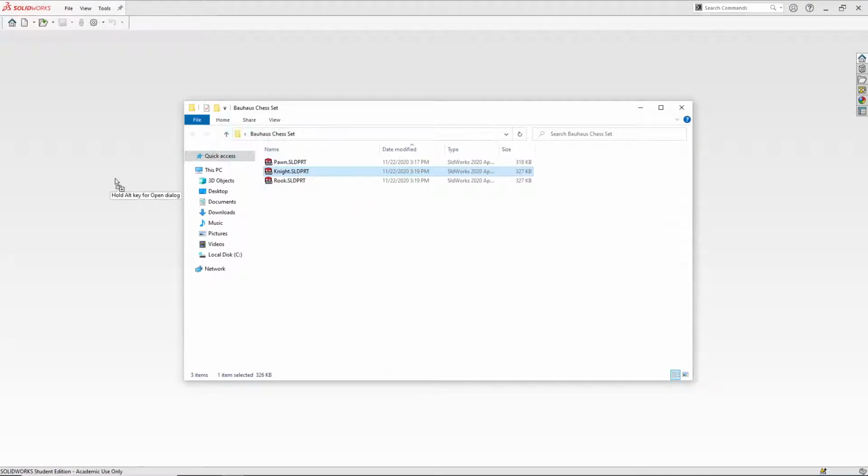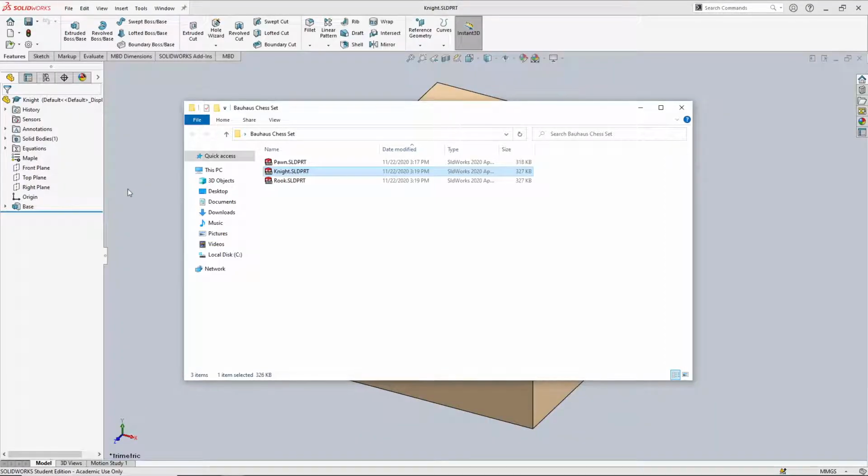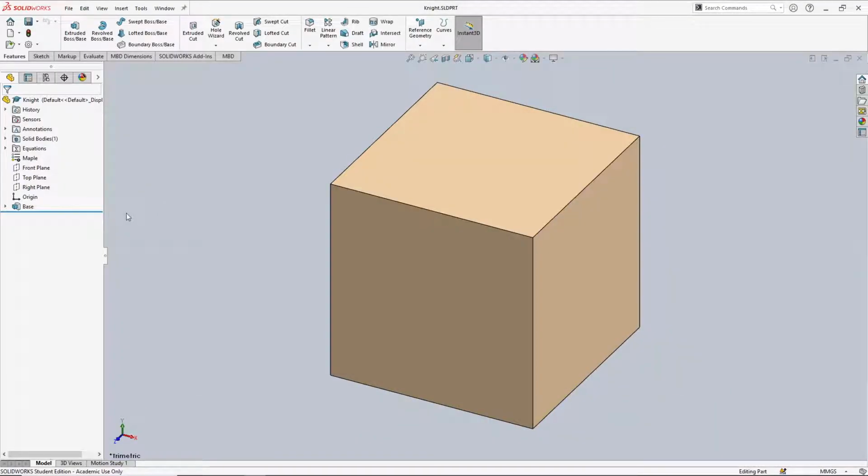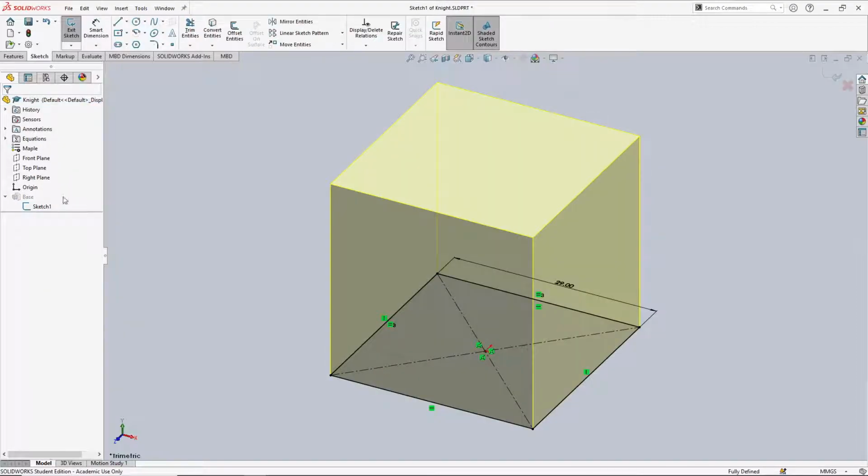Open it in SolidWorks. And now I want to edit the Rook to become the shape of the knight. And since it's a bit different, I have first of all to change the sketch. And when I change the sketch, I will get an error because the sketch will not work as a base as it is currently right now. So we just expect an